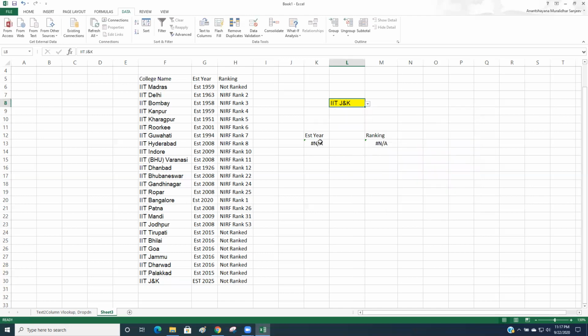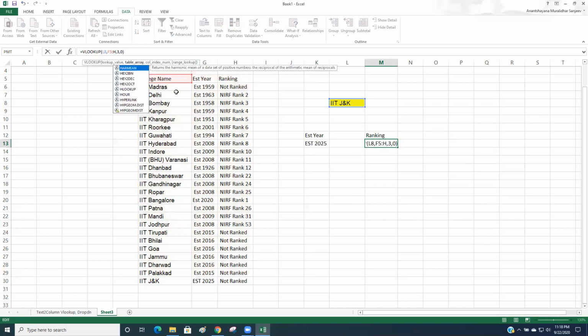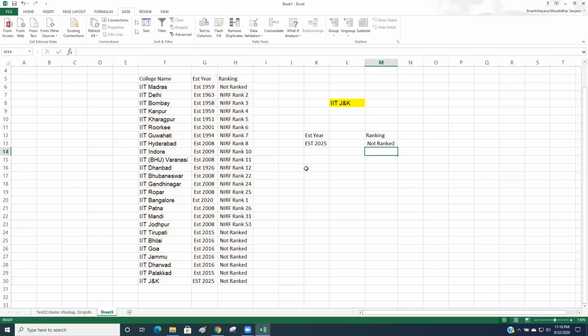One more thing: why NA? Because of the table range. Can you see the range? This Jammu and Kashmir is out of that range. If you include it in between, it will be inserted in the range. So here we need to manually do that change. 30. Again here also, 30. So we got it.